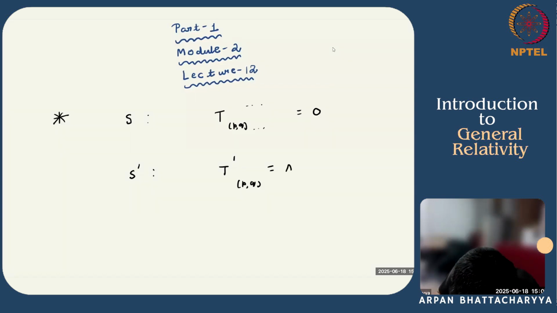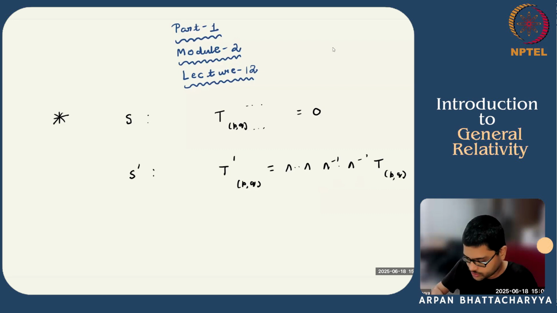This will have some lambda and lambda inverse, right? And we know that these tensors transform homogeneously under the Lorentz transformation. So if T is equal to 0, this will definitely imply that T prime